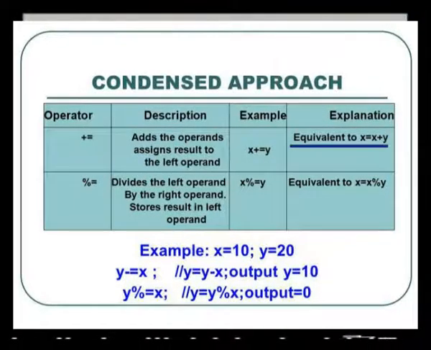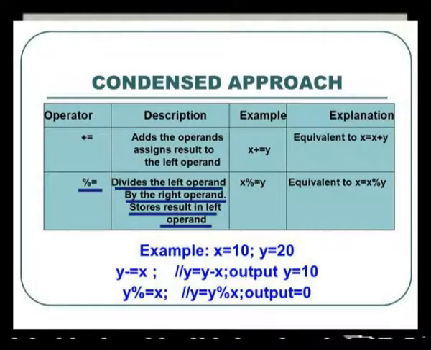So x is also holding some value, y is holding some value. You want to increment the value of x by adding y to it, and you want the result also to be stored in the same variable x. In such cases you can use this plus is equal to operator. This is also a way of assigning values. Now this plus is equal to is valid with all types of arithmetic operators. You can have modulo is equal to, multiplication is equal to, division is equal to, minus is equal to.